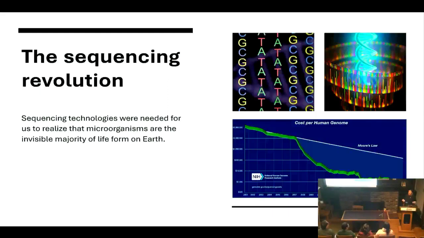Nowadays, I can literally send off something's genome and overnight it will be sequenced and the sequence will be emailed back to me. And it costs $1,000 to do an entire genome. So it's just an incredibly transformational progress of our technology. And it's now allowed us to actually study the 97% of microbes that we didn't realize existed before. And the way that we do it is